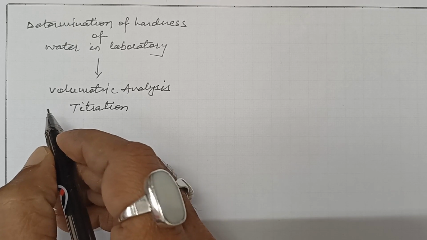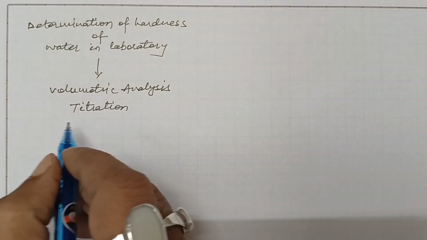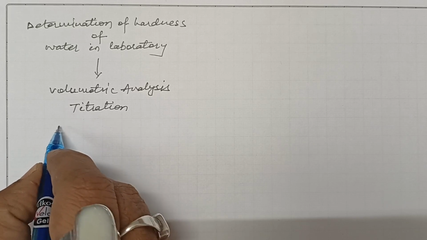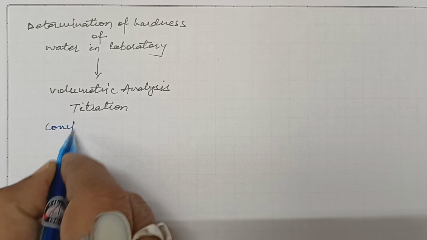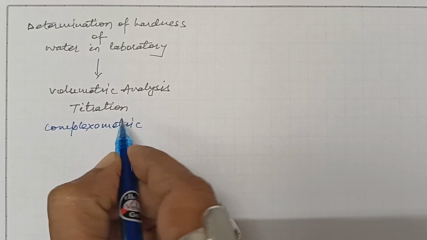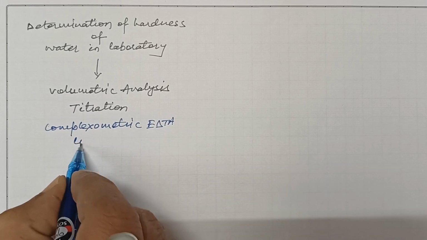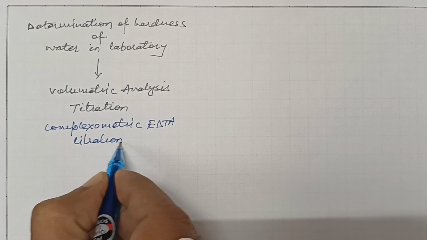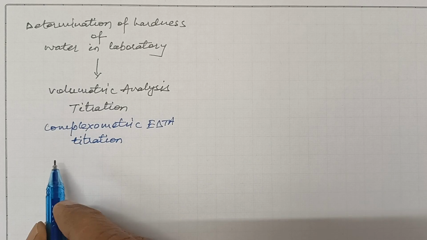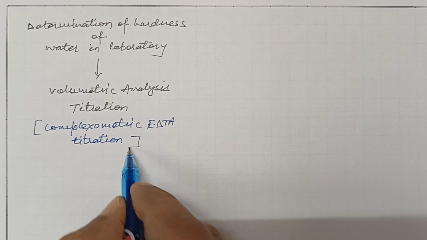Here, the titration method which is adopted for this particular determination is called complexometric EDTA titration. This titration is referred to as the complexometric EDTA titration